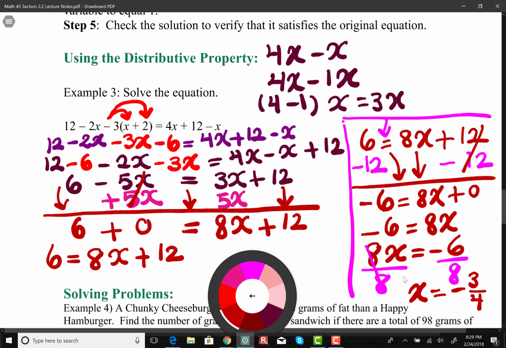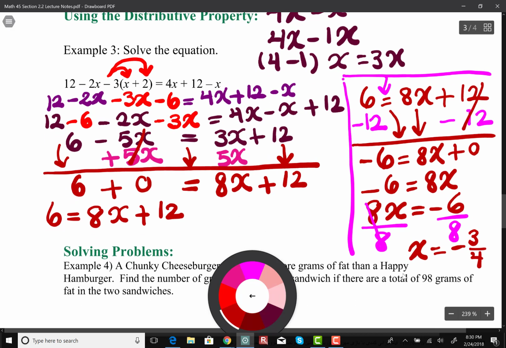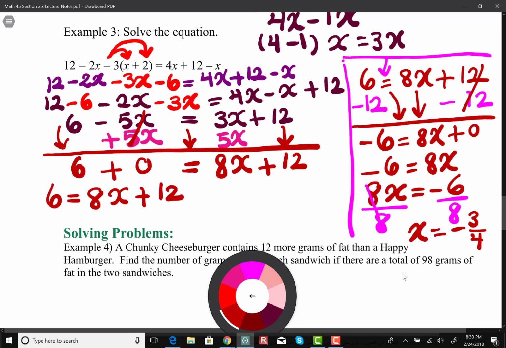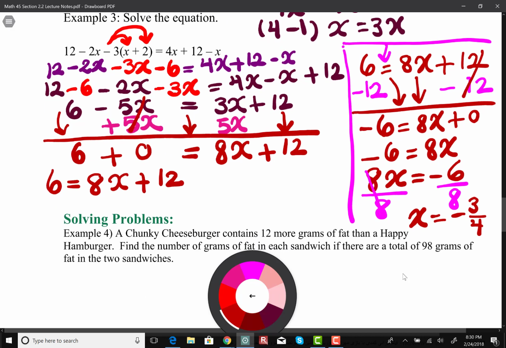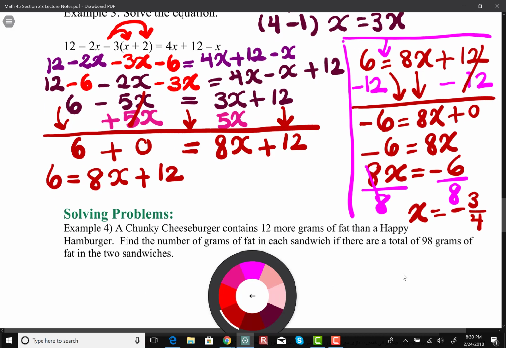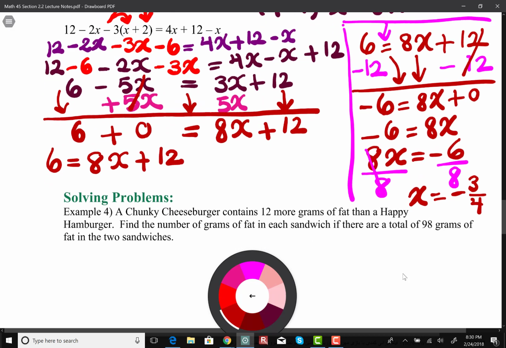Check it to make sure this is true. You can check it back in the equation. And you can pause it if you want to check your answer, to see if you have any question. Let me know. Okay, so